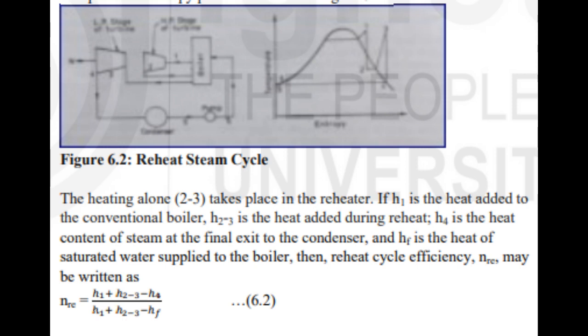heat content of steam at the final exit to the condenser, and HF is the heat of saturated water supplied to the boiler. Then, reheat cycle efficiency, NRE, may be written as NRE is equal to H1 plus H2-3 minus H4 upon H1 plus H2-3 minus HF. (6.2)